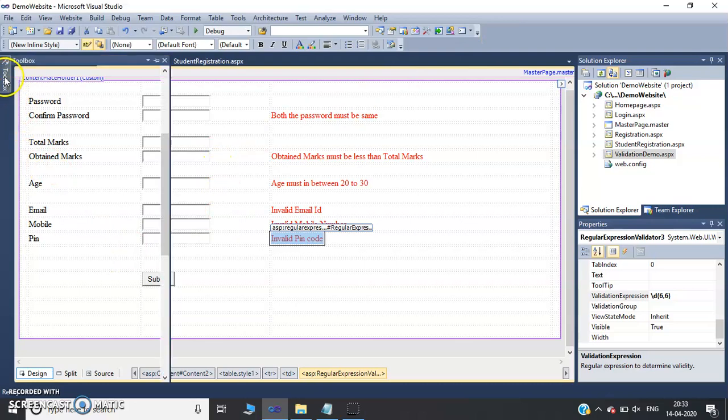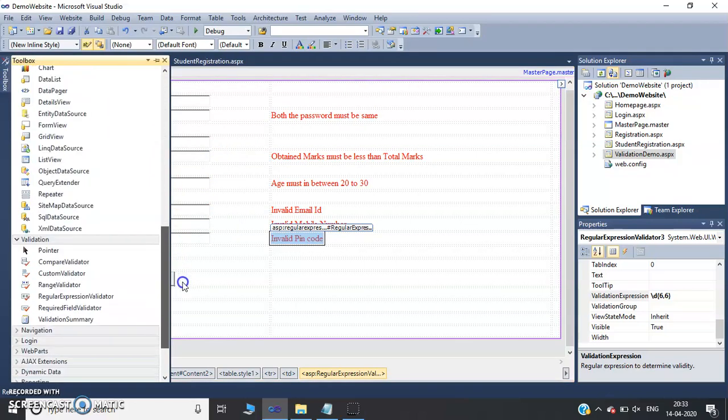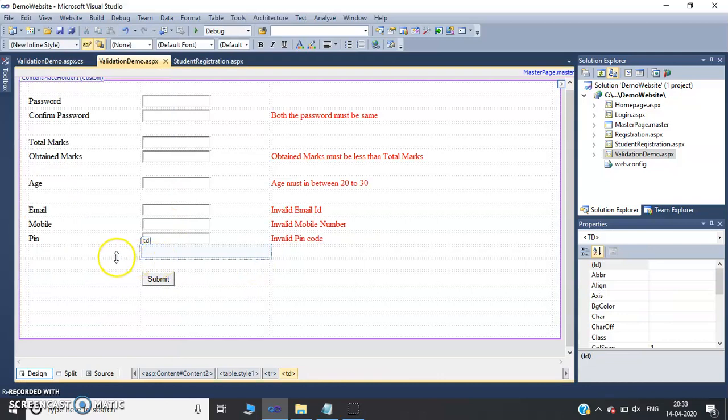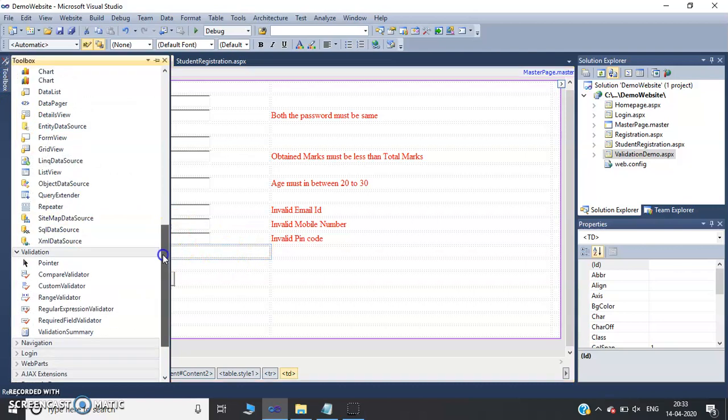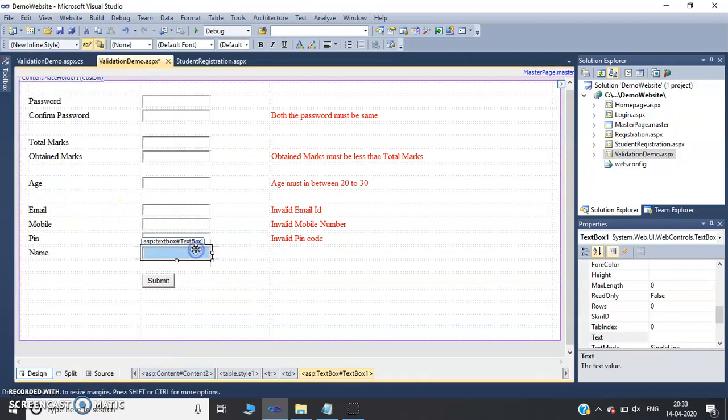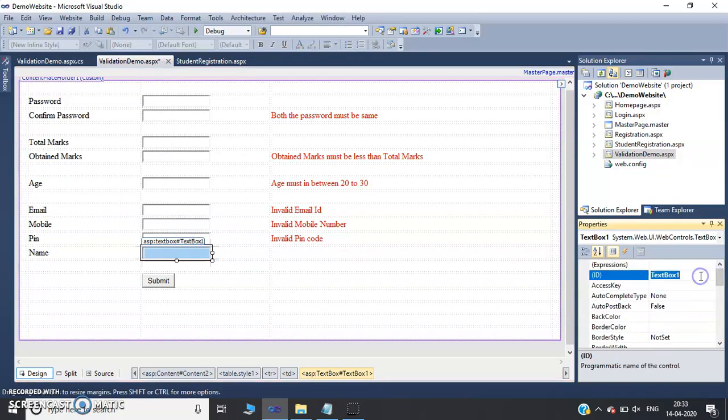After this, the next validator is the required field validator. We know most of the time it is necessary, or you might have seen the star in front of a specific control, which indicates these fields are compulsory. Without these fields you are not allowed to submit your form. So now I have considered a name. For this, provide a text box to accept the input from the user, change the id property to txtName,